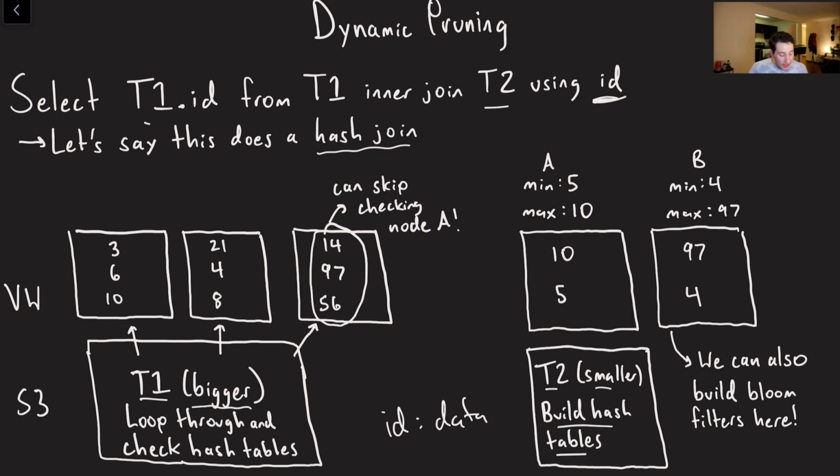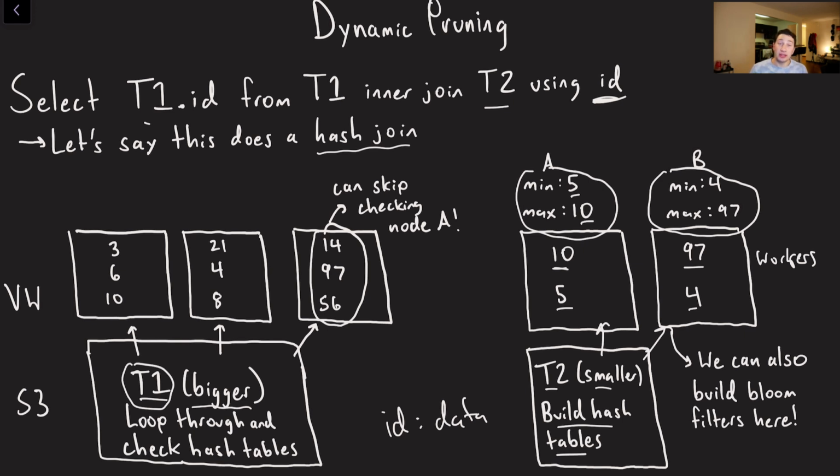So we're going to build our hash tables from T2, and we're going to do that on some workers in our virtual warehouse over here. Maybe on T2, we've got these 2 workers because it's a big enough table that we had to distribute this hash map that we ultimately built. On this worker, here we've got 10 and 5. These are the IDs that live here. And here we've got 97 and 4. Again, we're going to do the same idea of keeping the min and max of both columns. And we can see that this one basically only has values between 5 and 10 for ID.